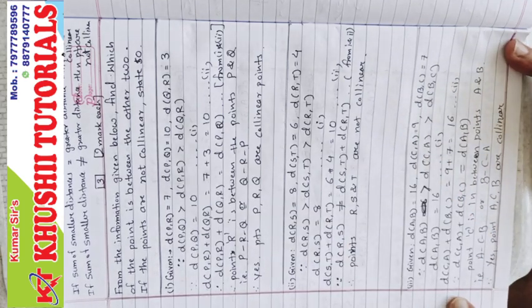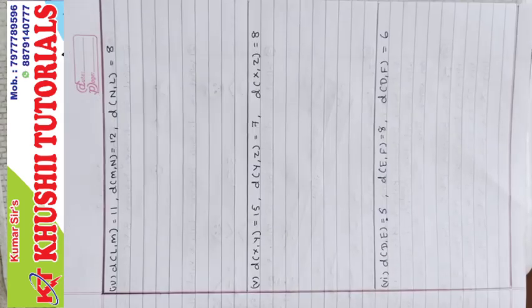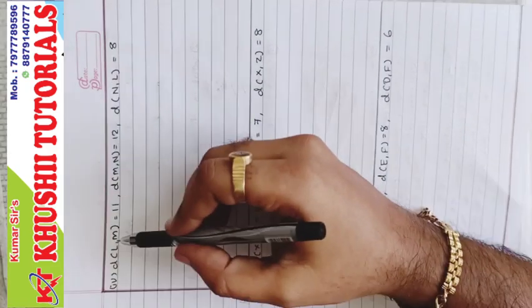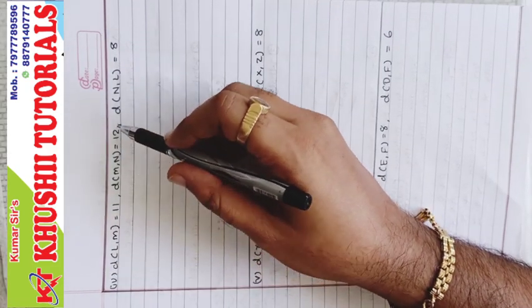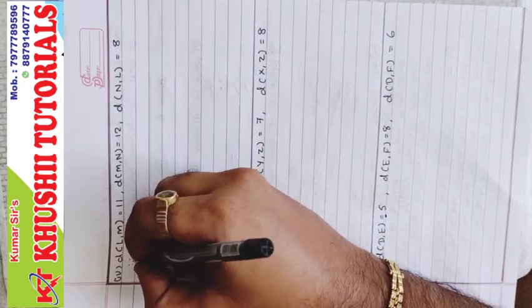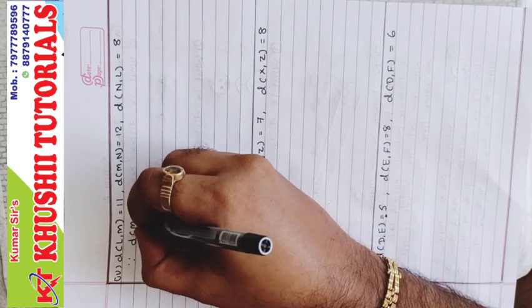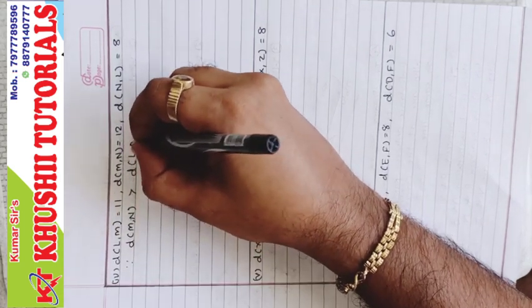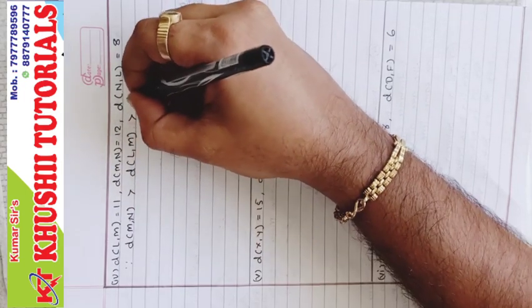This is the end of sum number 3. Next, sum number 4. Again the same type of sum. Distance LM is 11, MN is 12 and NL is 8. Which is the greatest? MN. So first we'll write since distance of MN is greater than distance of LM is greater than distance of